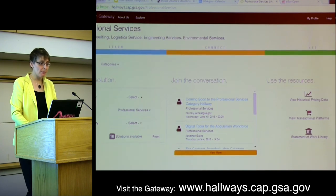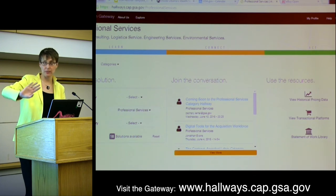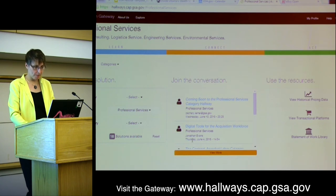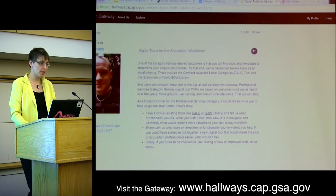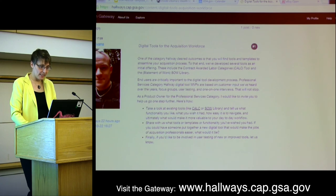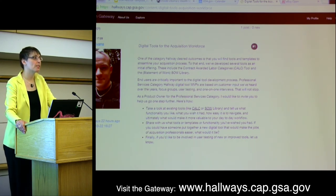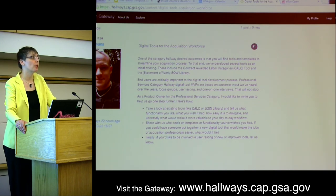The first is they have the same setup that you saw just a minute ago. They have the solutions finder set for professional services on the left. They have the conversation, and here they talk about their digital tools for the acquisition workforce. You see a nice picture of their product owner, and he's talking about how they put up a tool that compares labor rates when you're building your independent government cost estimate. And also the SOW library that helps you begin to articulate how you want to build your requirements for statements